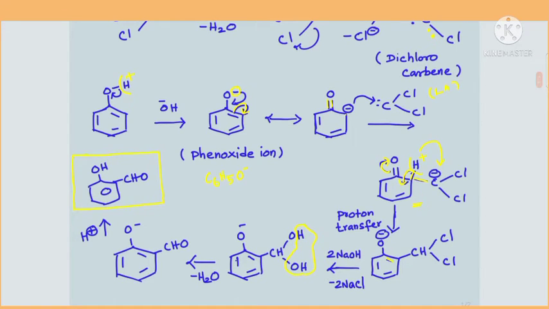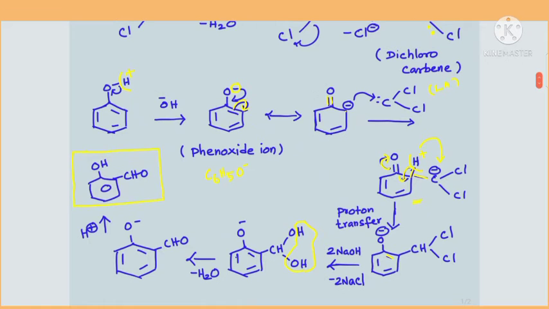So this is the substance you get after transfer of proton from benzene carbon to the carbon atom of dichlorocarbon. Now this compound will react with sodium hydroxide. Here a nucleophilic substitution reaction is happening. The two chlorine atoms present here get substituted by OH group, which is produced by the base, isn't it? By the time the Na plus ion will combine with Cl, so that two molecules of sodium chloride will be removed, as well as the two chlorine atoms are getting substituted by OH group, isn't it?